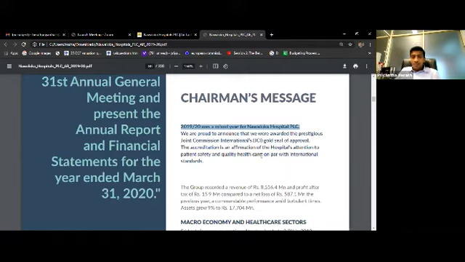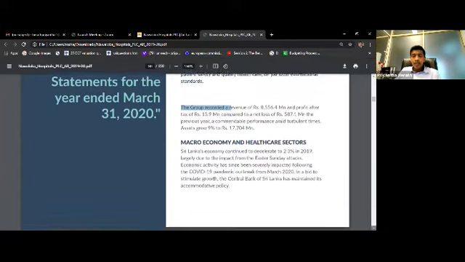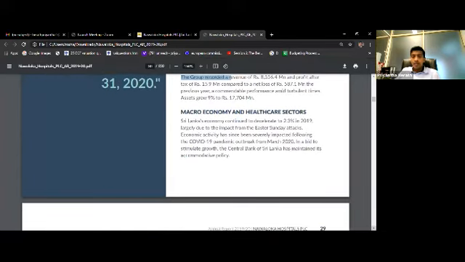So they say they got an award, and I'm not going to go through that. The group recorded a revenue of 8.5 billion and profit after tax of 15.9 million compared to a net loss of 587 million the previous year. Commendable performance amid turbulent times, and assets grew 9% to 17.7 million, right? So some financial data disclosed by the chairman, and then he's talking about the macroeconomy and health sector,